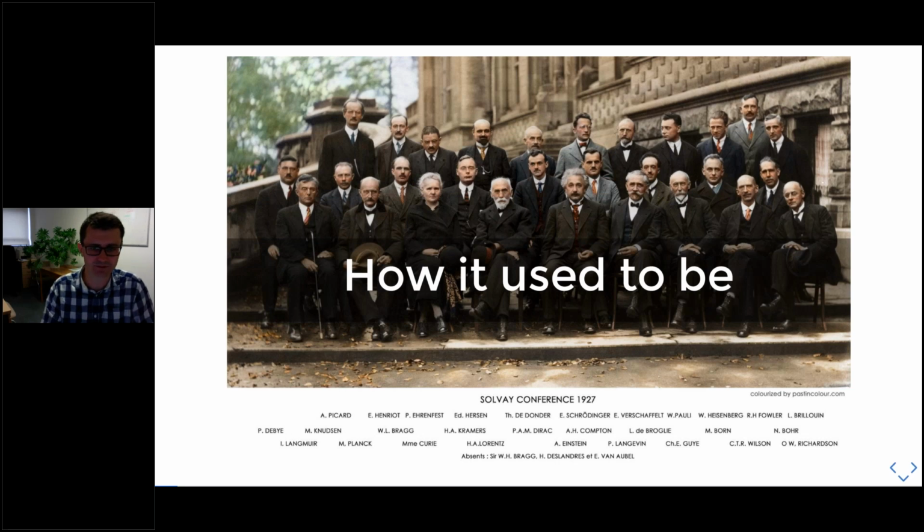Before I move on, I do have to digress slightly by saying that this is a photo of the Solvay conference in 1927, and as a physicist, it still sends shivers down my spine to think that all of these people were together in one place at the same time. However, moving on,